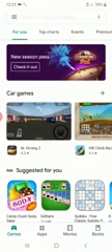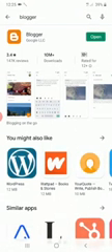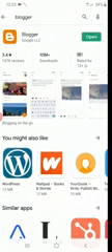In Play Store, you have to write Blogger. Then this icon will appear. Here I have already installed Blogger in my mobile, so it is appearing as open. If you haven't installed Blogger, it will ask you to install. After installing, open the Blogger.